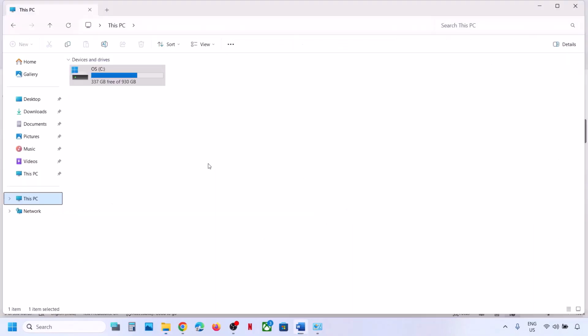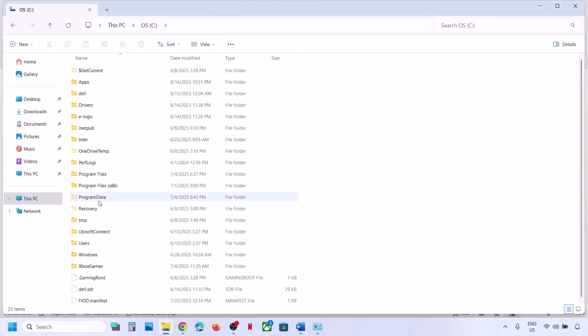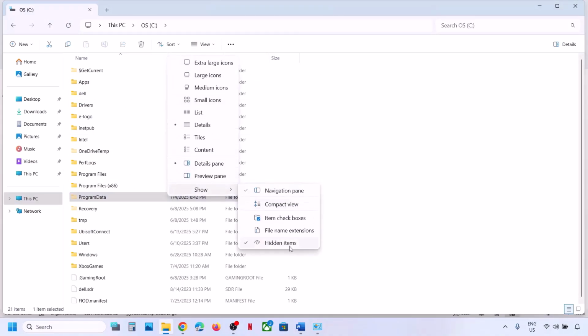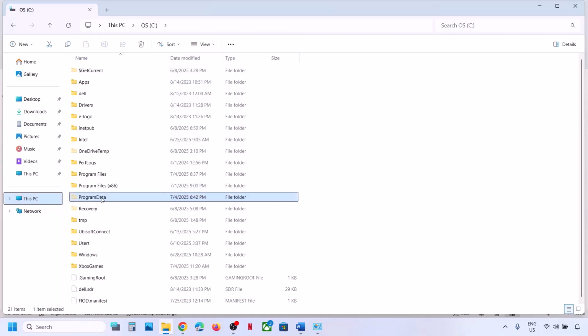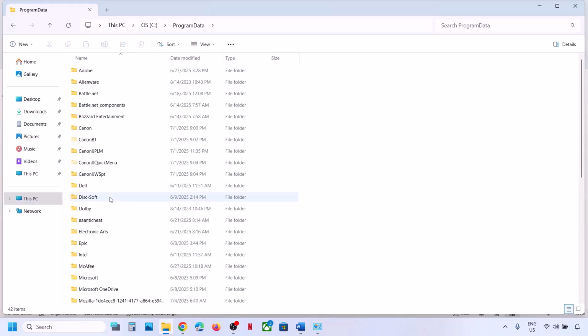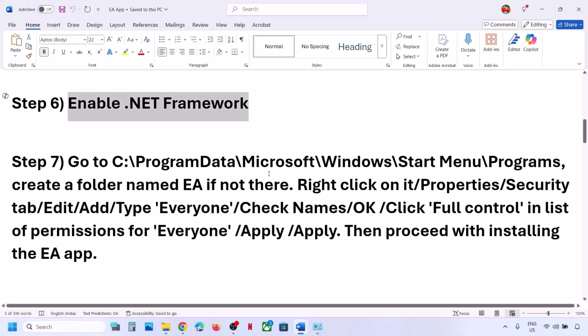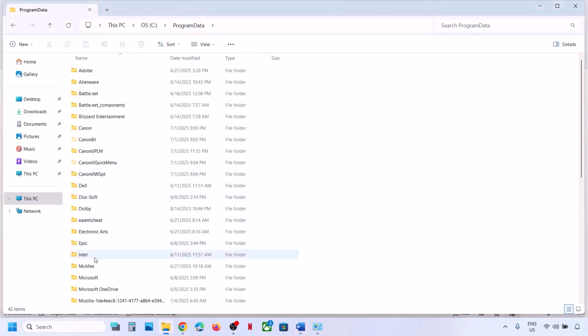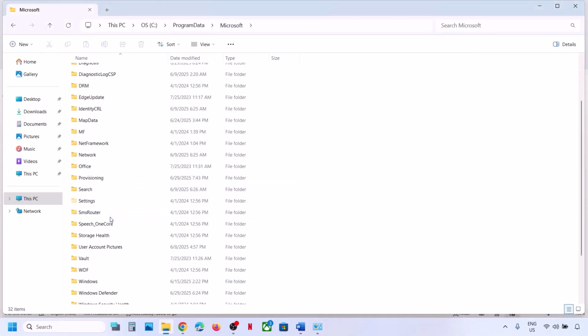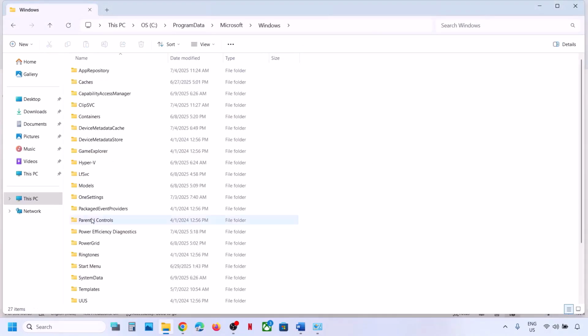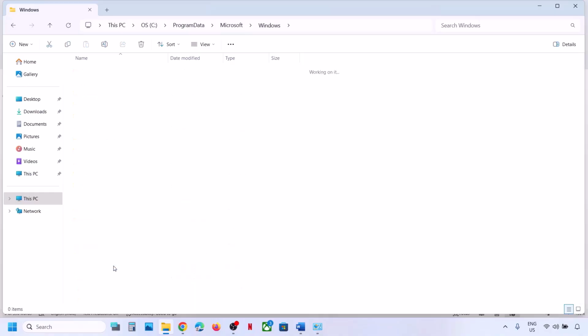Now open C drive. Now open ProgramData. If you don't see ProgramData at the top, click on View, select Show, put a check on Hidden items, and then you should be able to see ProgramData. Open ProgramData. Now open the Microsoft folder, Windows folder, and then find Start Menu, open the Start Menu,